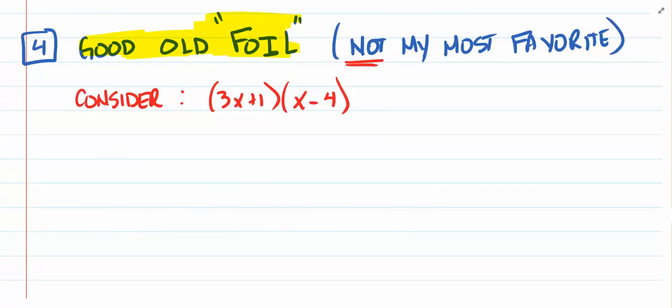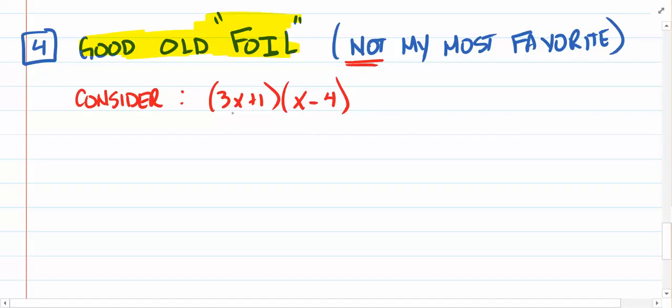Box number 4 is the good old FOIL. I'm sure some of you have been previewed to the word FOIL, which stands for first, outer, inner, last. The reason this is not my most favorite is because LOIF, L-O-I-F, could also work, because it doesn't matter which way we multiply things, as long as we get every single term, then we're good to go. But I'm going to teach FOIL because I want you guys to make up your own minds about